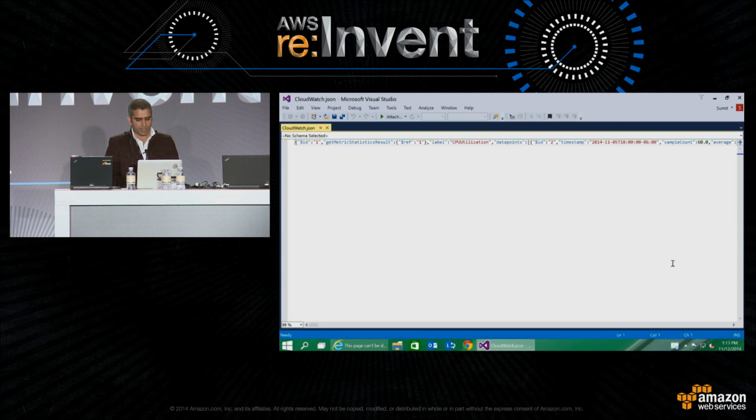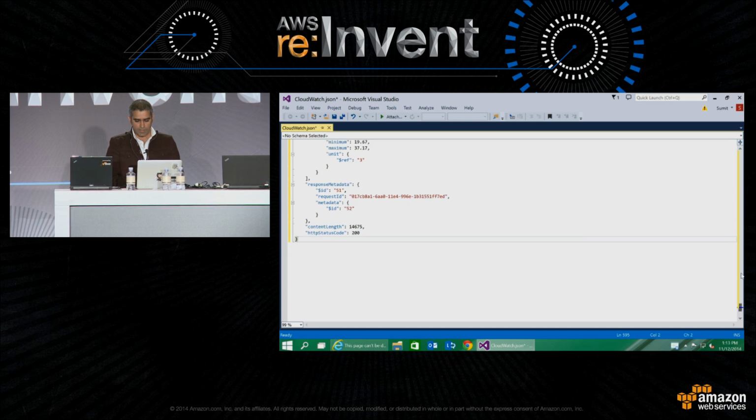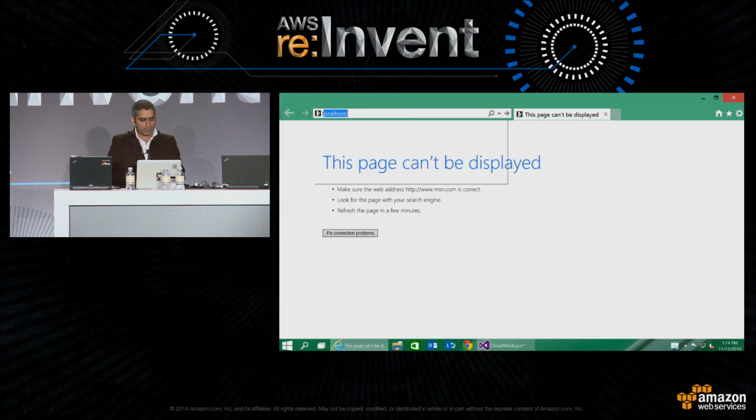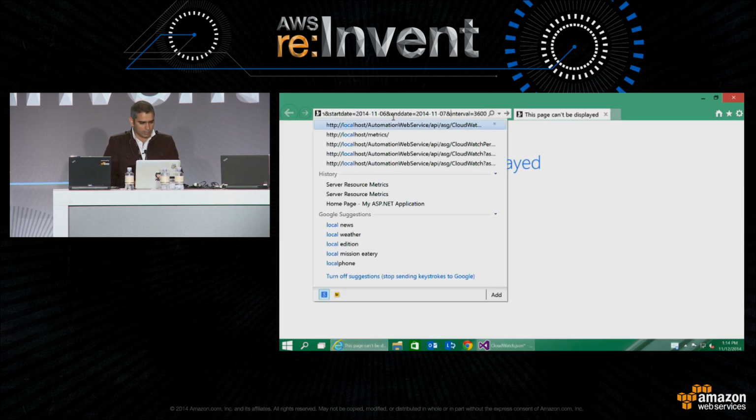Let's quickly take a look at what we received back. Not very readable, so we unminify this. The backup. So this is what I was showing, right? So you have the same thing that I showed in the screenshot before. Now let's take a look at the data per autoscaling group.